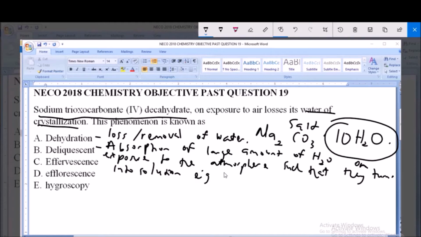An example is seen in silica gel, sodium hydroxide, etc. Now, option C, which is effervescence, refers to the escape